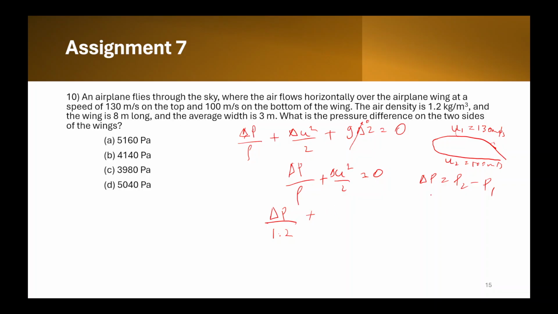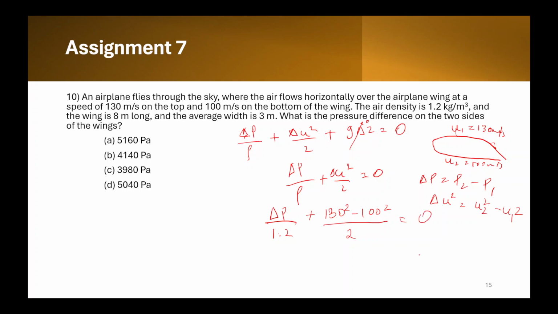And delta U square will be U2 square minus U1 square, so that will be 130 square minus 100 square divided by 2